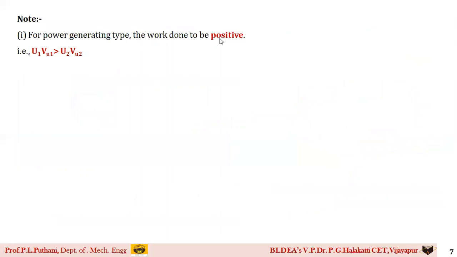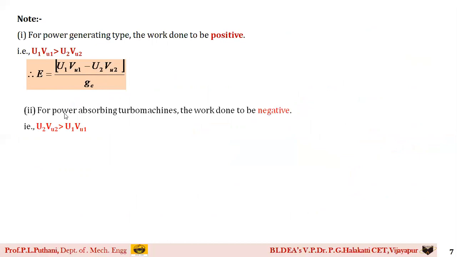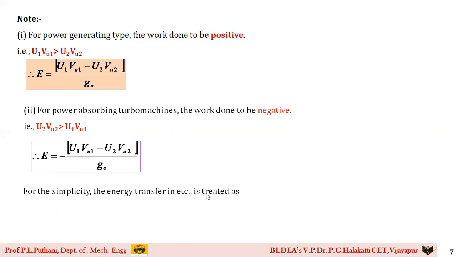So for the power generating type, as the work is to be positive, U1 VU1 should always be greater than U2 VU2, and the equation is of this form: E is equal to (U1 VU1 minus U2 VU2) by GC. If I have a power absorbing type, then U2 VU2 will be greater, which is the reverse. And that time our equation becomes this form: you get negative energy, because as the power is being absorbed, the work is done on the system. Then on simplification, we can write this equation as E is equal to (U2 VU2 minus U1 VU1)